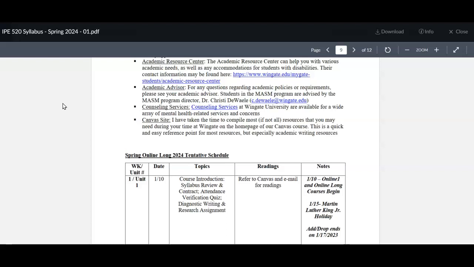The final point is a note regarding course rigor. Word on the street is that I have exceptionally high standards when it comes to writing and research writing, and I will not refute or negate that. I will, in fact, support that evaluation. I do have high standards when it comes to research and writing, and the reality is that the competencies of this course are rather white and black. There's very little gray area.